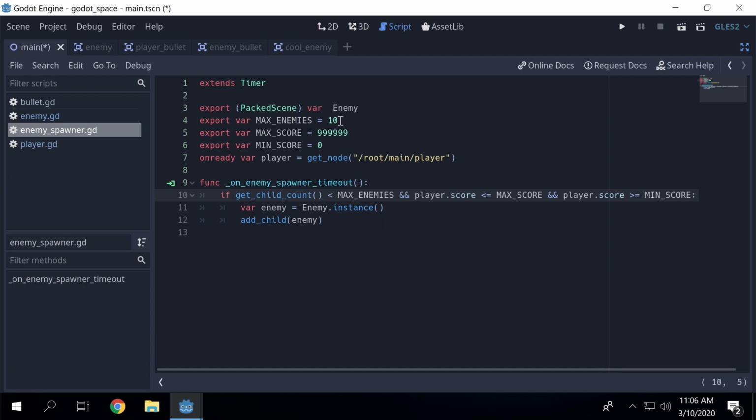Right, now we've exported these variables up the top. We've got the minimum score if you don't want the enemies to appear until the score gets to a certain number. We've got the maximum score, we've got the maximum number of enemies to have, and this one doesn't have a default. This is the kind of enemy that we are going to spawn. So we need to set that one to something. So I'm going to save, and